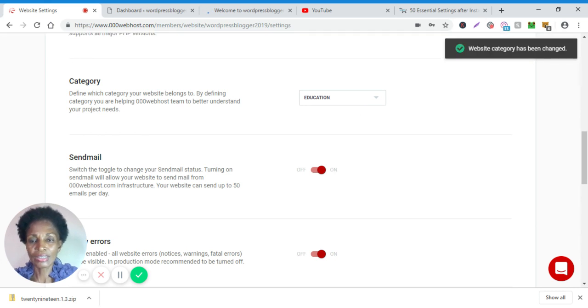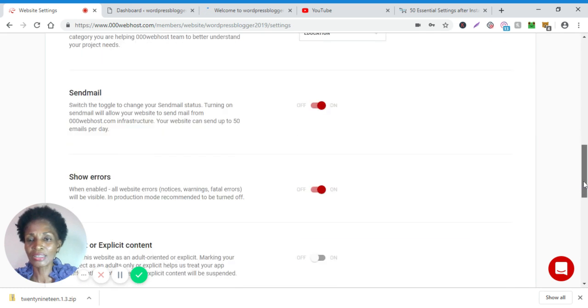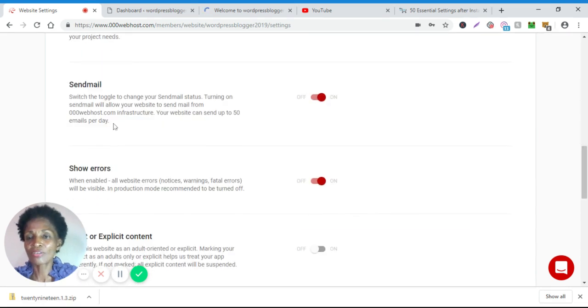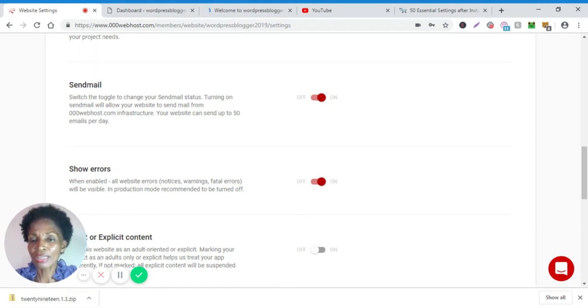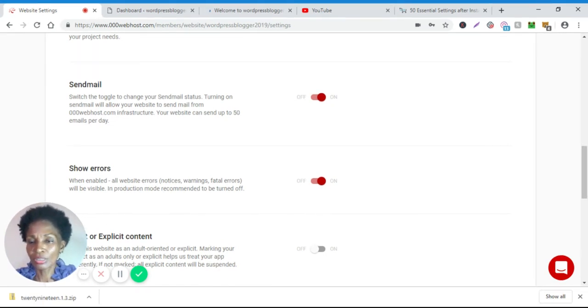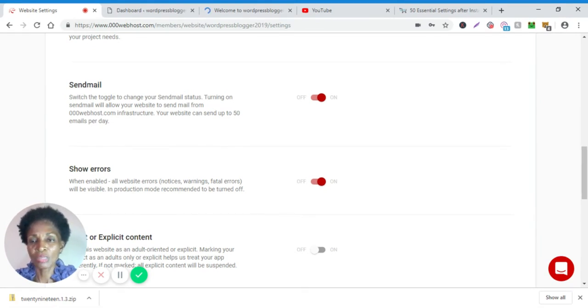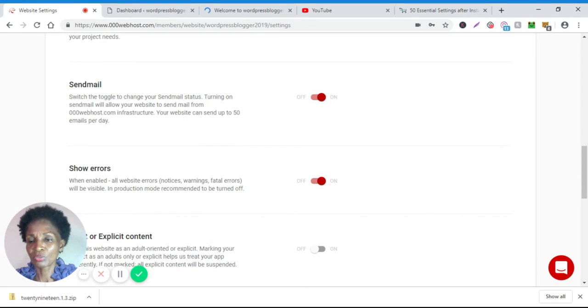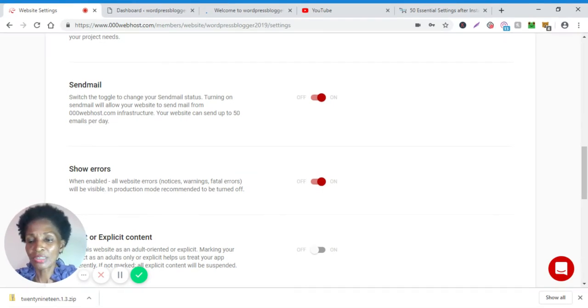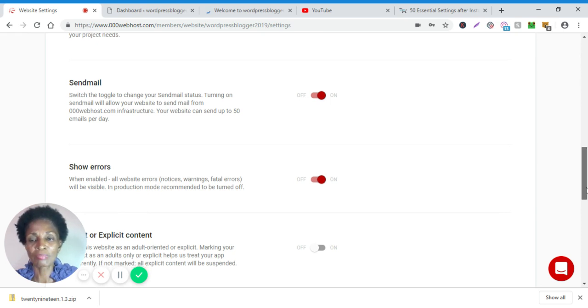Turning this on would allow you to send emails. You can only send 50 emails per day. So I recommend that you don't use your website to send emails, because you may run into problems. We do offer an email subscription service, one flat monthly price. You can get unlimited campaigns and unlimited subscribers over on that service. It's on our website,